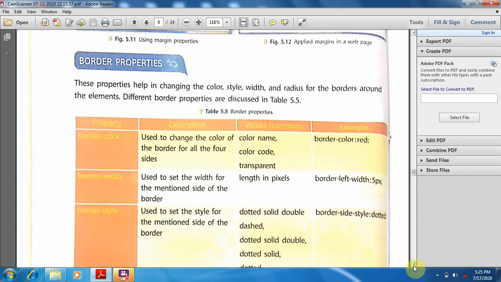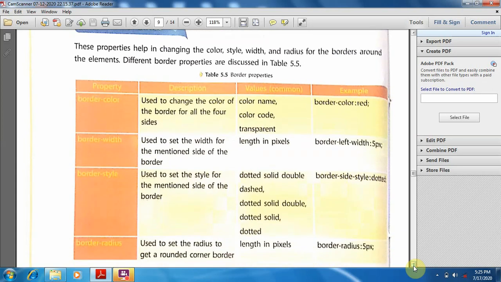Let's discuss various border properties, and first one is border color. With this we can change the color of the border for all the four sides. For this we can take any value in the form of a color name or color code. Okay, then next is border width. With this we can set the width for the mentioned side of the border.